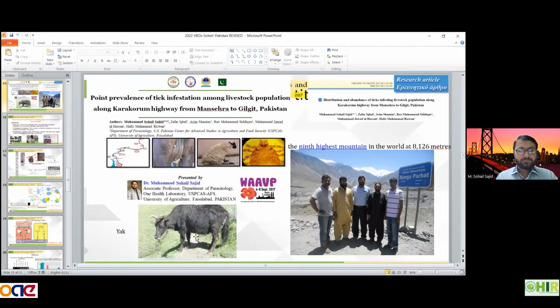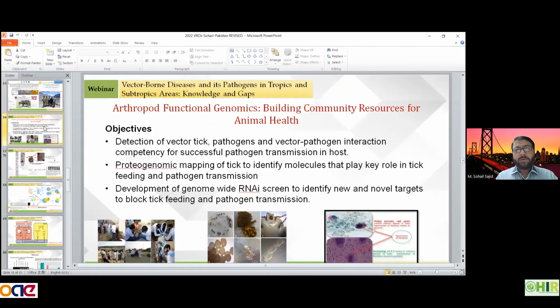It is from the bovine family, and it was also found infested with the ticks, and it was not found resistant. So it means that we do have a variety of reservoirs too, or maybe we can say the hosts which are available in the country for being attacked by the parasites.